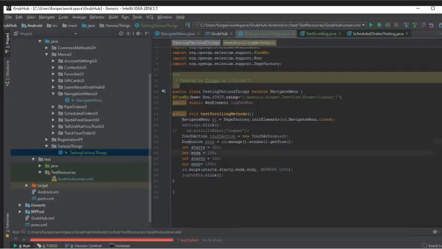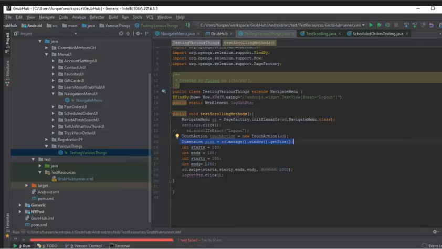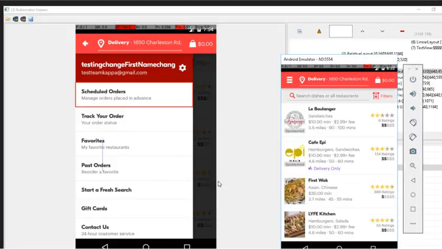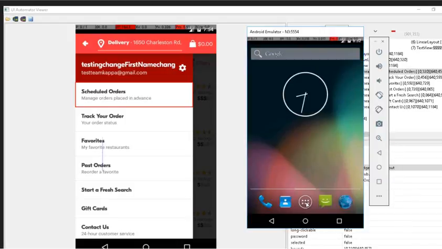So here I'm basically getting the dimension of the window. The biggest problem that I encountered is that it gives you the dimension of the current window. So if you scroll down, the dimension increases. So if you try to go past that dimension, it'll give you an error. So also, before anything, if you want to see the coordinates